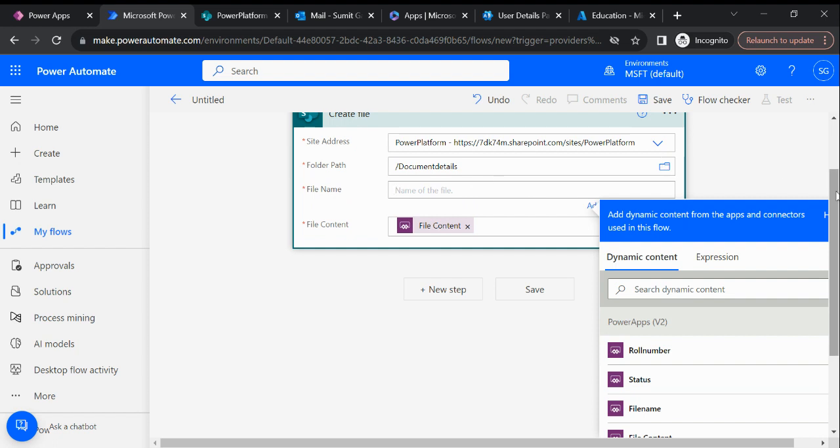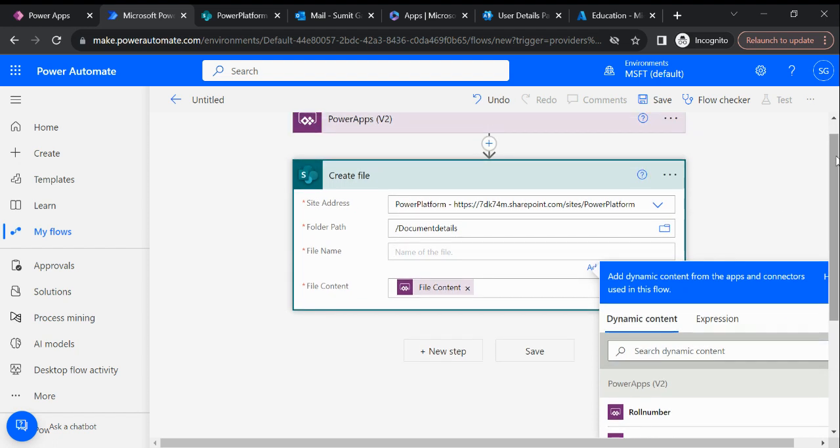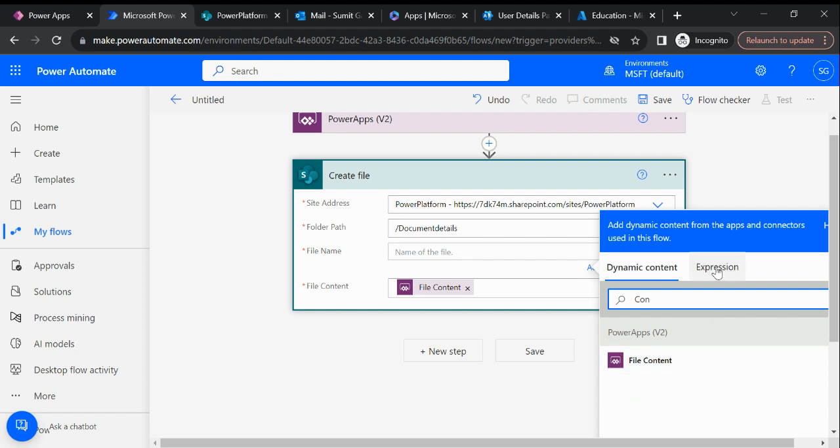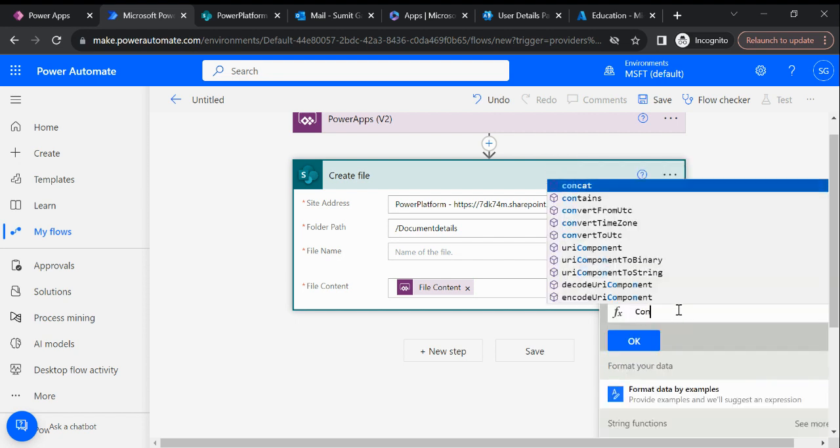So what I'm going to do, let's suppose a person is uploading not the same file but a different file with the same name. In that case, we can add a suffix or prefix. For that we need to write a custom expression. To write the custom expression, I want to add some prefix. First we need to click on this expression,